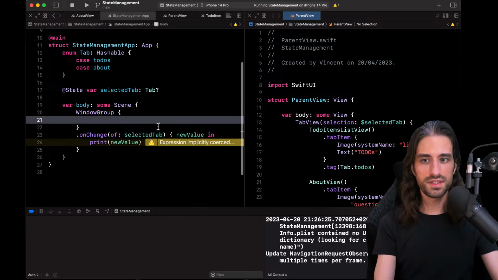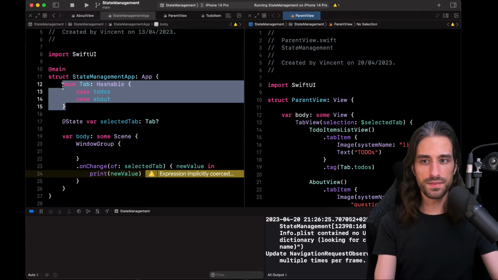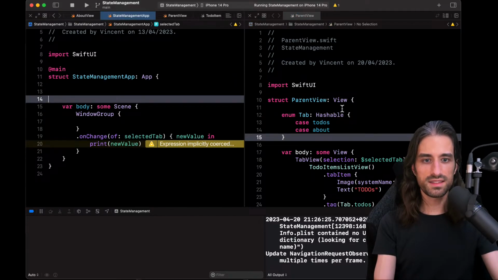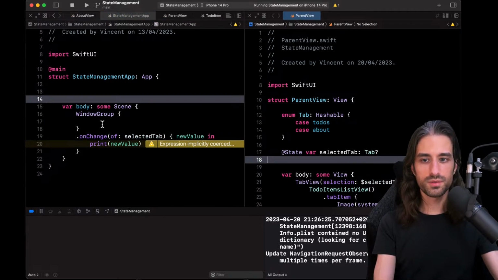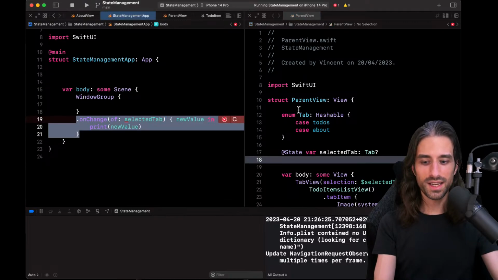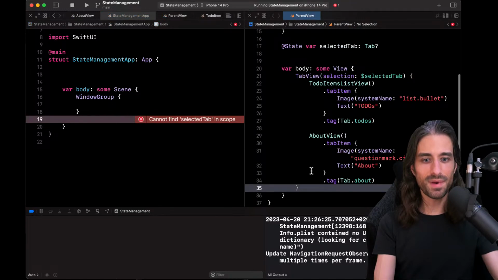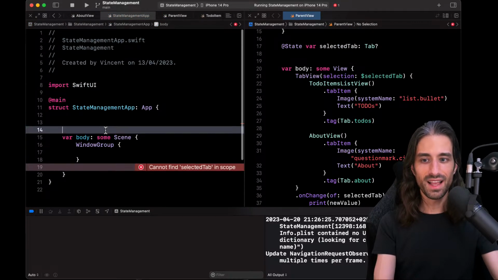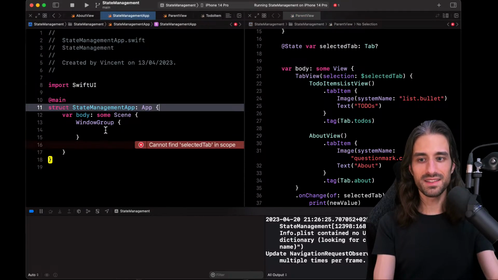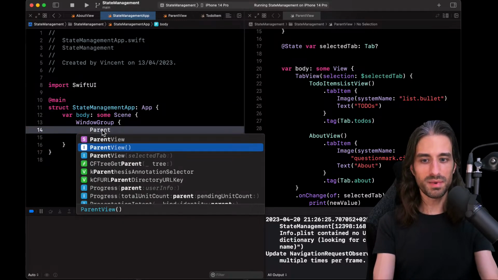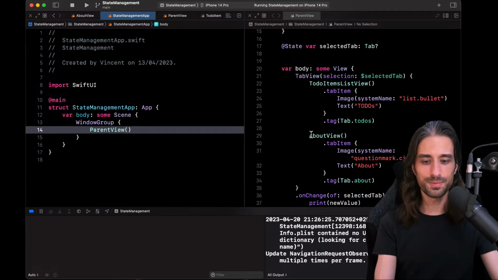So I put all of this here. The state, I move it also to the parent view. The onChange, I move it also to the parent view like that. And what's left inside the app itself, we are left with the window group that, as you can expect, displays a parent view.